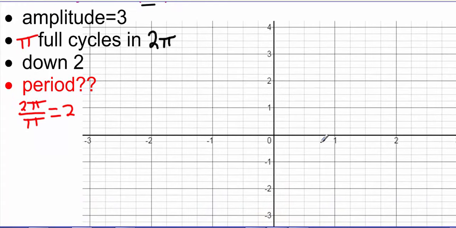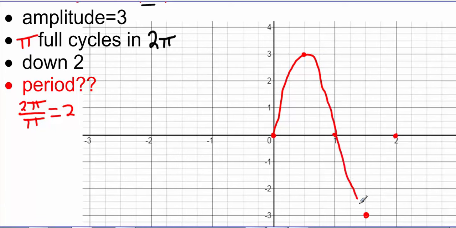I do. And I'm going to cover that in a distance of 2 on my graph. And so fairly quickly here, those will be my zeros. I have to go up to the halfway mark to +3, down halfway between these to -3, and my graph will look